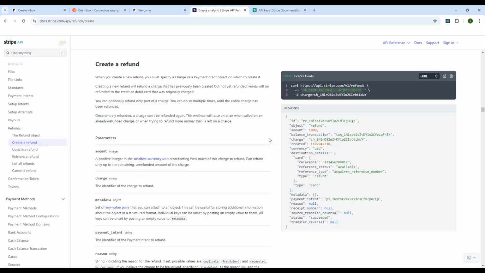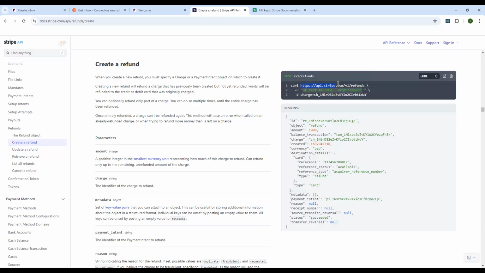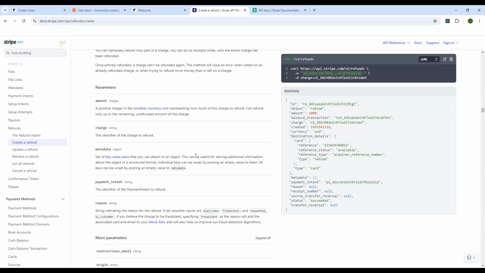It's laid out differently from how Front's API docs are laid out, but every company is going to have slight differences between their layouts. Essentially, with this create a refund API endpoint, you can see here that they've got the URL, but the URL does not include the full path. That was the base URL we saw at the beginning. You do see it here in their request example, so you can discern that api.stripe.com is the base URL. But like I mentioned, a lot of times APIs don't show you that full one. This is a POST request. They've got an example of the response in here. So you can start seeing,